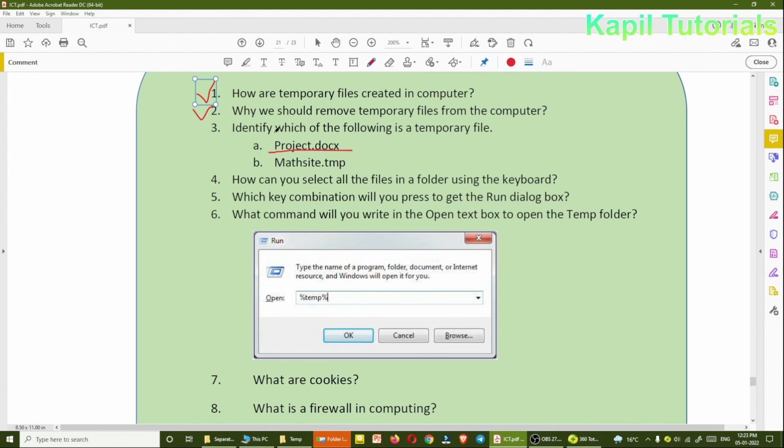But the second file has the extension temporary, so this should be deleted. This is an example of a temporary file. Next question: how can you select all the files in a folder using the keyboard? Control A, simple. You can just type Control A.